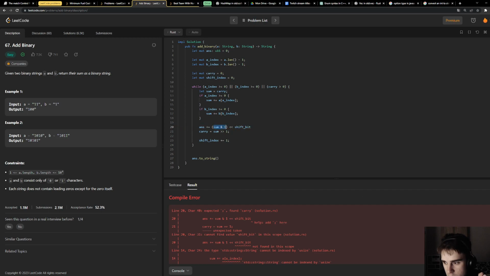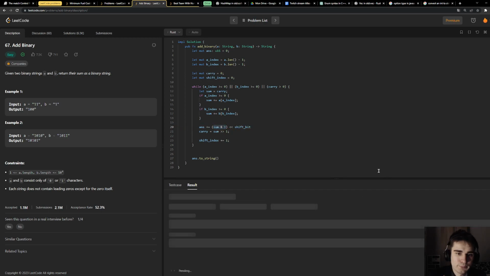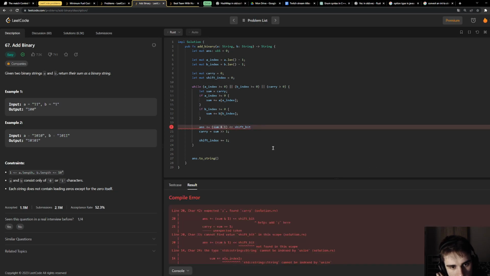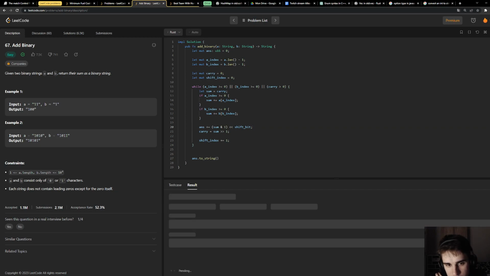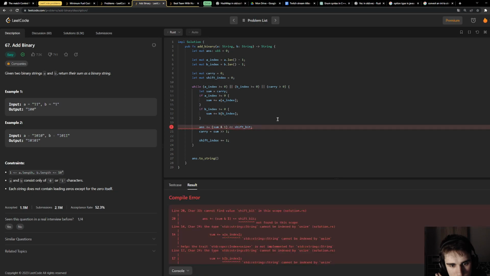Forgot to wrap this with parenthesis. And with a semicolon. Cannot be indexed by usize.